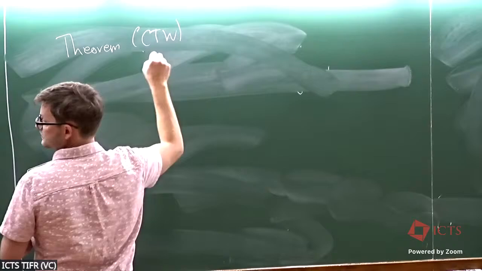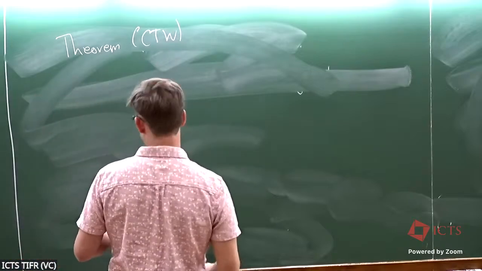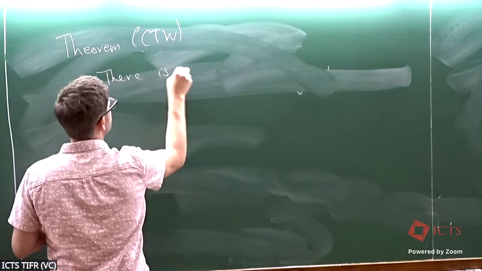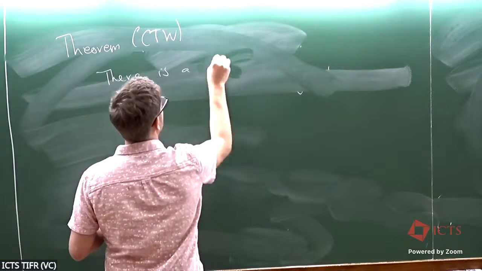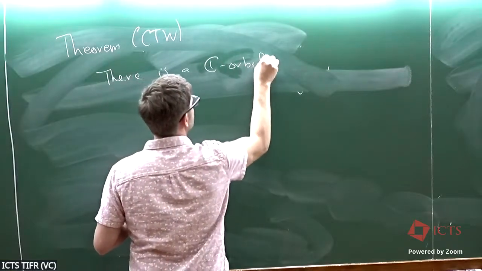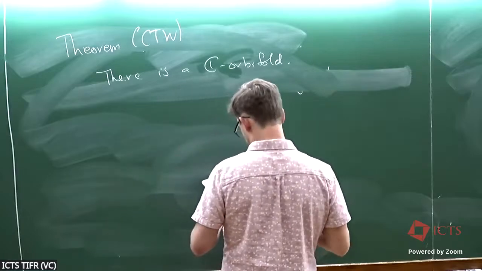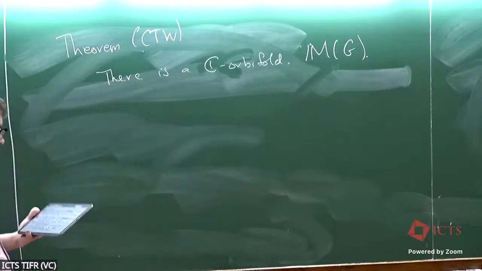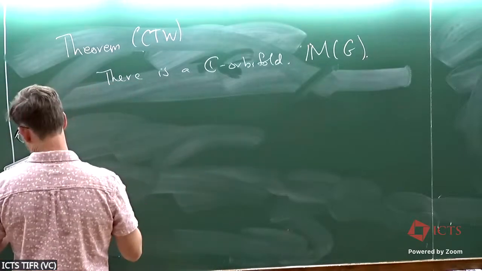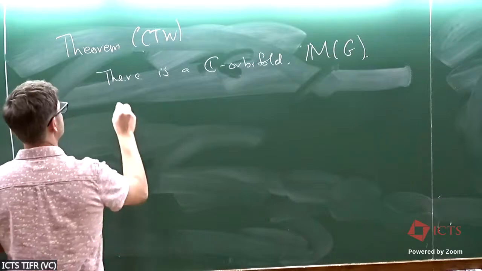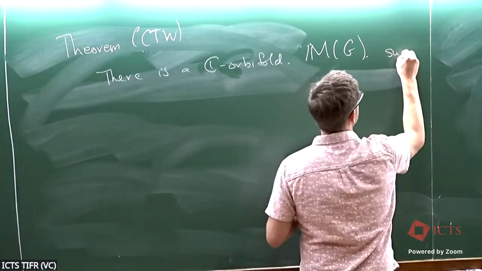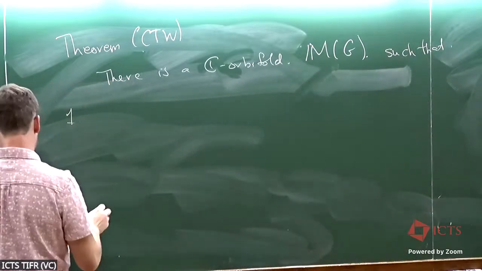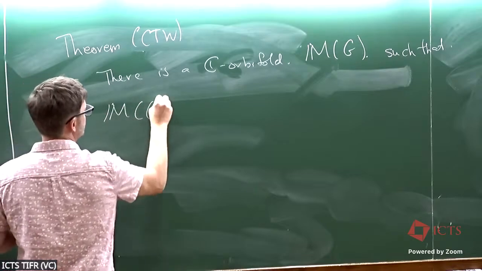Okay, I'll write it once and then stop writing. So there is a complex orbifold M_g, with no x, and one, it fibers